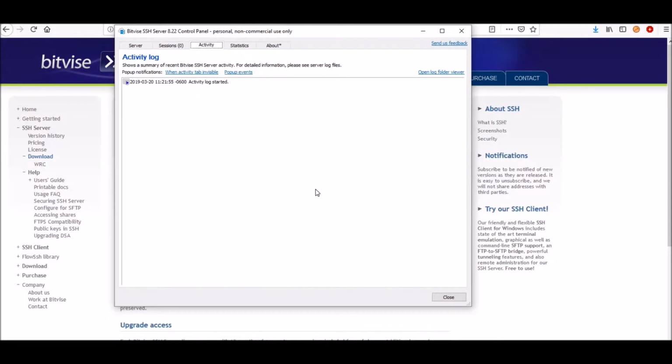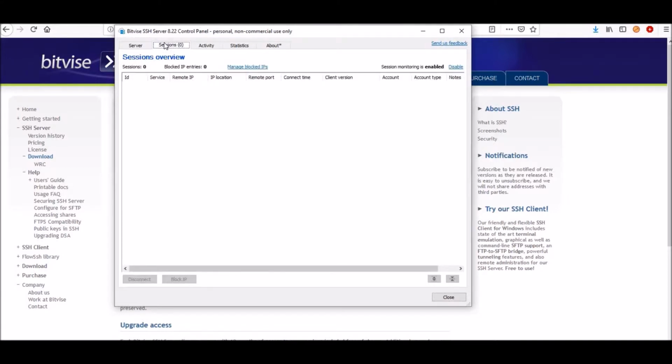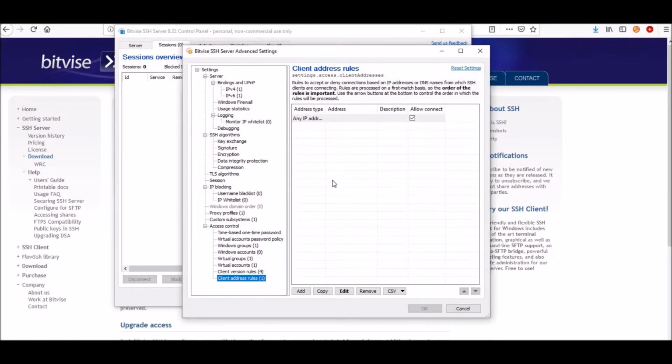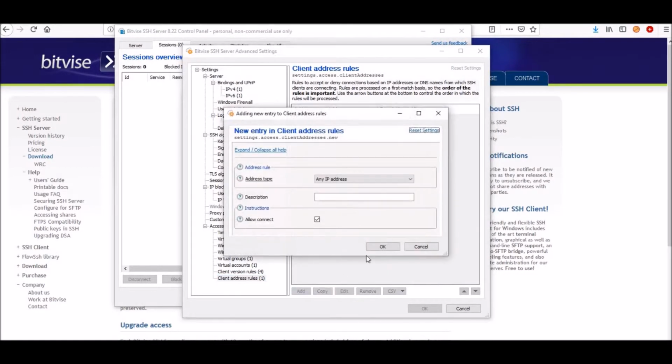Now one thing I want to do right now, underneath sessions, go to managed blocked IPs. We're going to take care of something right now. Now I live in the US, and this was really important for me to do. I'm going to go to advanced access control settings right here. I'm going to click it, and I'm going to hit add. Now it's going to say address type. I'm going to put any IP address,